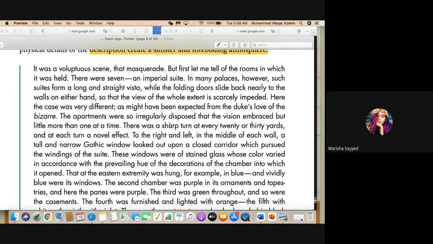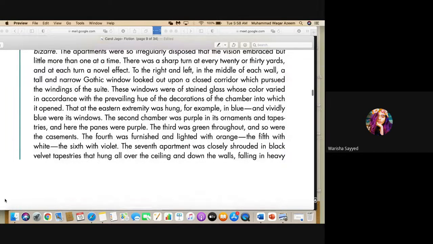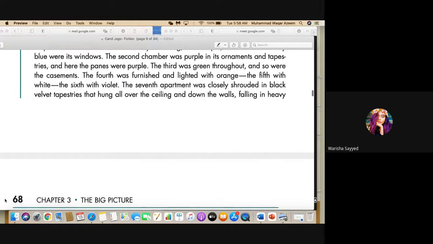That at the eastern extremity was hung, for example, in blue, and vividly blue were its windows. The second chamber was purple in its ornaments and tapestries, and here the panes were purple. The third was green throughout, and so were the casements. The fourth was furnished and lighted with orange, the fifth with white, the sixth with violet. The seventh apartment was